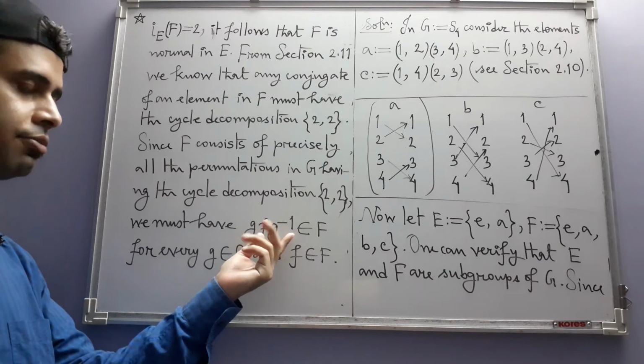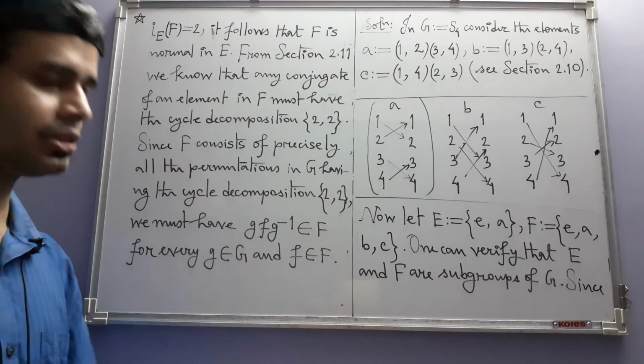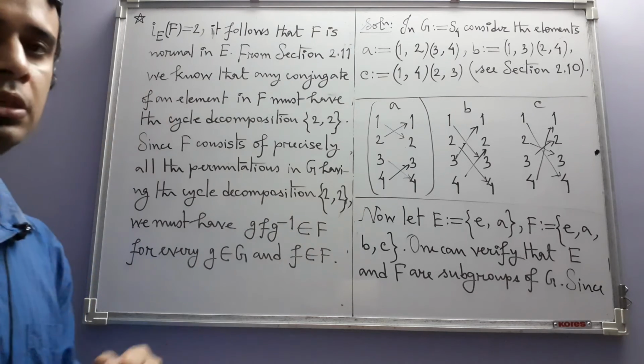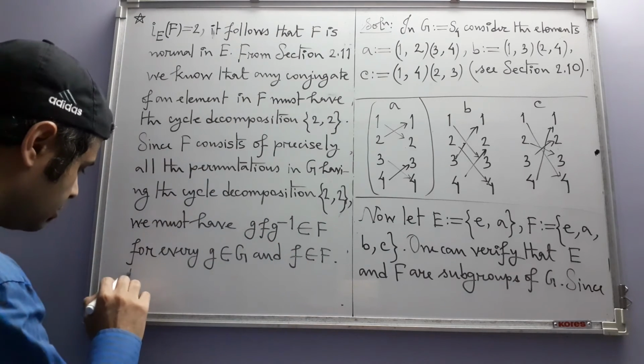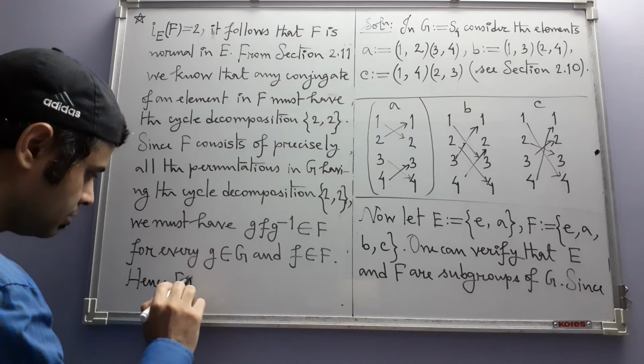Any of its conjugates will also be one such permutation, but F has all such permutations, so this conjugate will also have to be in F. Hence